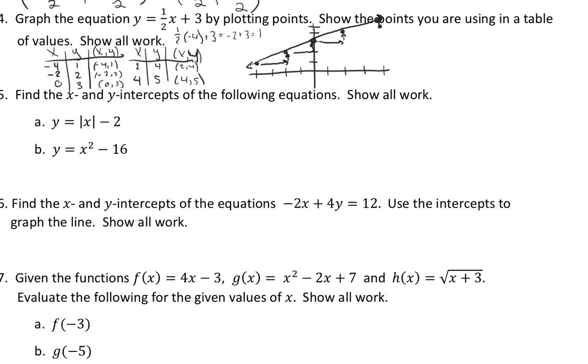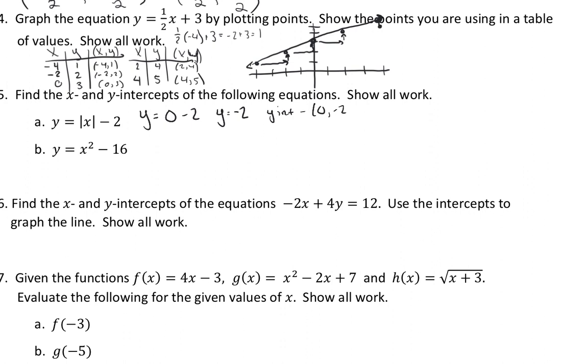All right, number 5, find the x and y intercepts of the following equation. Show all work. So for our y-intercept, we're going to plug in 0 for x. So y equals 0 minus 2. And so that means the y-intercept is going to equal -2. So y in